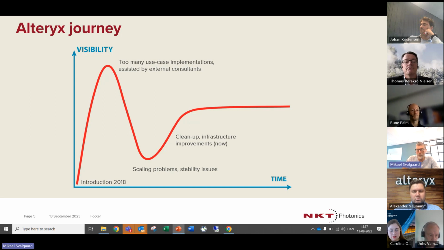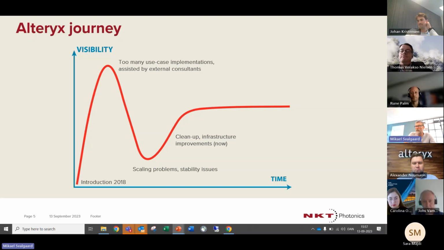We also understood gradually that we had serious problems with some of the IT infrastructure in our company. We were using SQL servers instead of services like AWS and Snowflake. So now we're trying to improve the infrastructure of our company. So this is where we are right now. So things are going better.